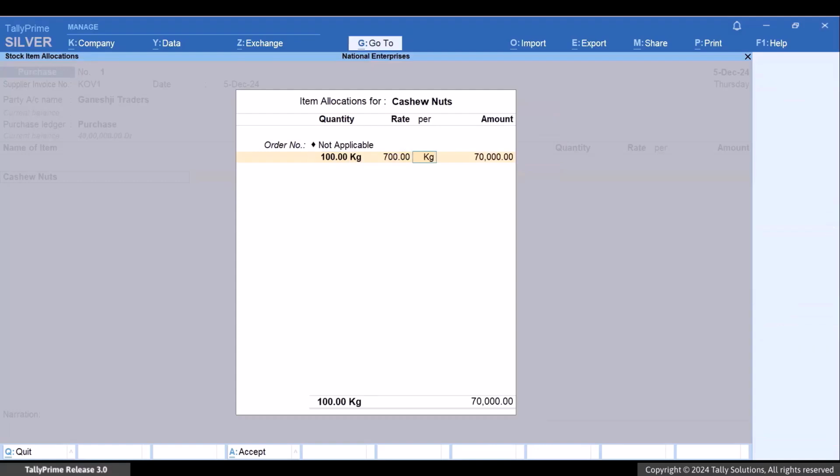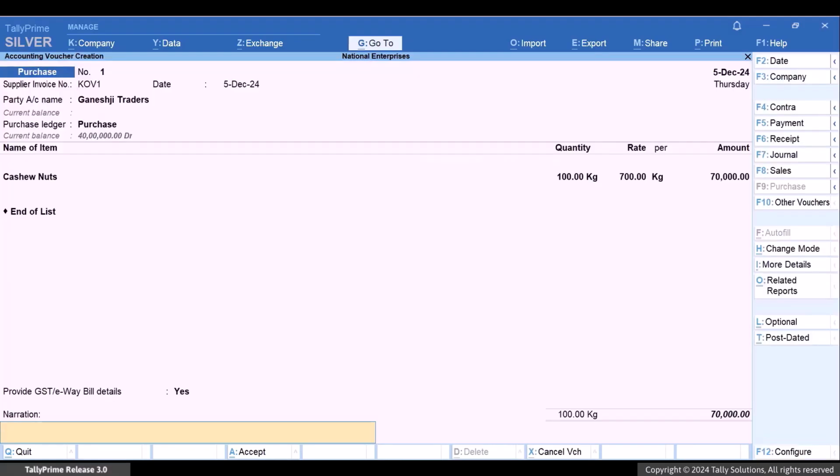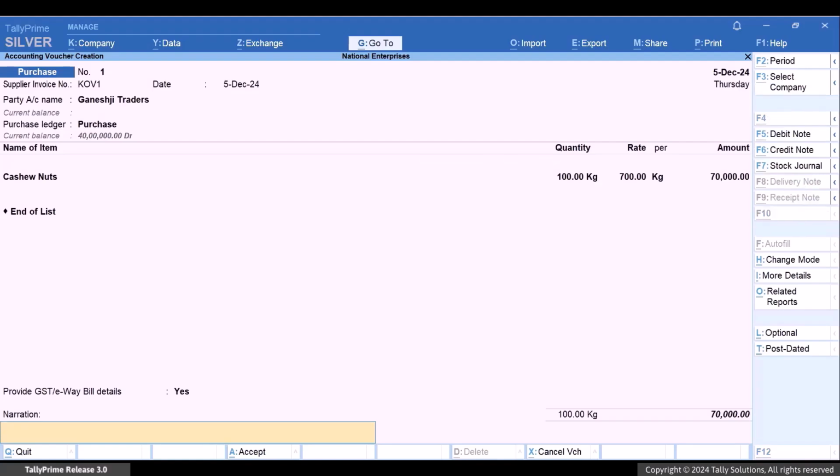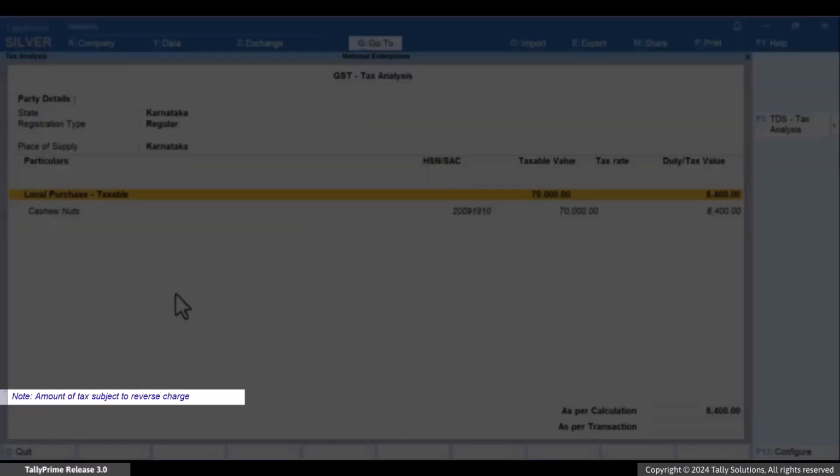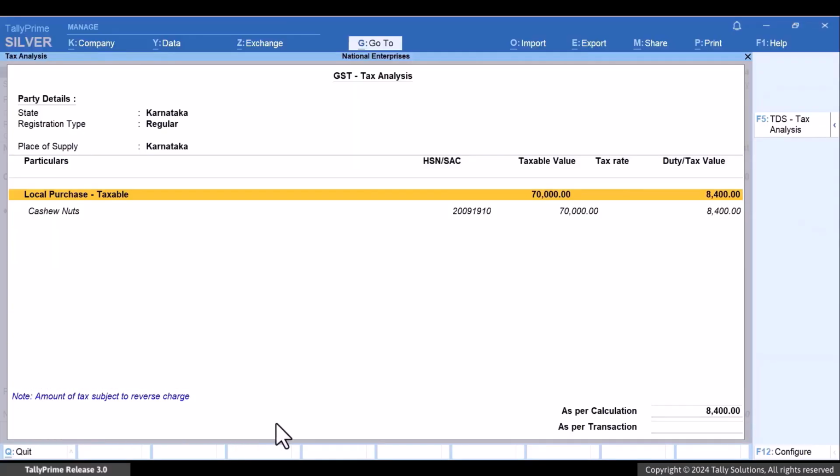The amount gets calculated. Press Alt-A to view GST tax analysis. As you can see in the note, the amount of tax is subject to reverse charge. You will get this note in the GST tax analysis of all RCM purchases.